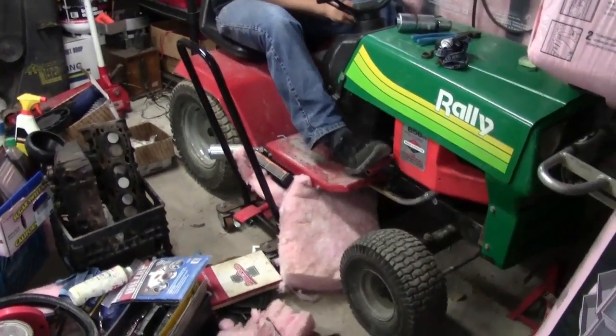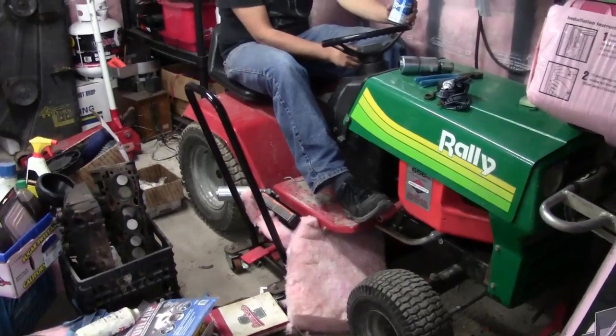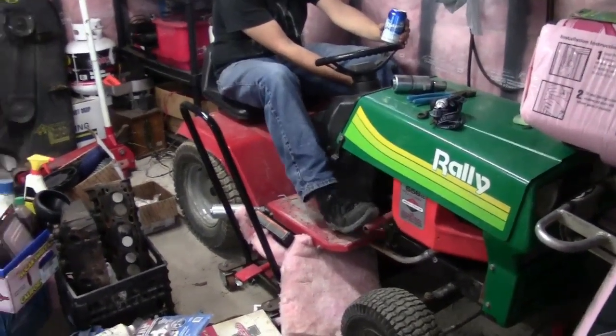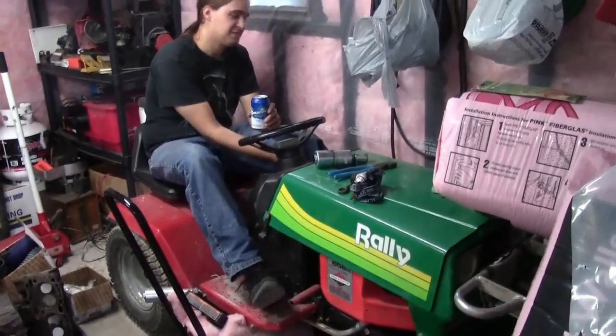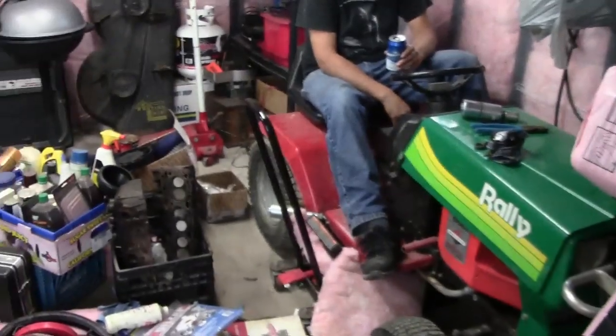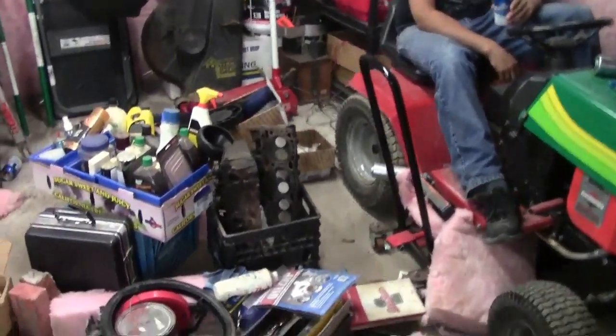Give it a rev. Oh, she's cold. She's too cold. You'd have to let her warm up. Not happy. Yeah, she's just flooding the shit out of her, eh? Yeah. So, man,